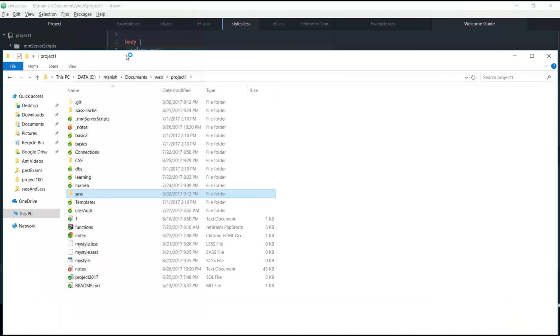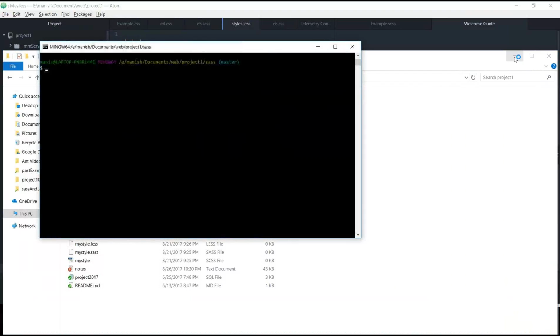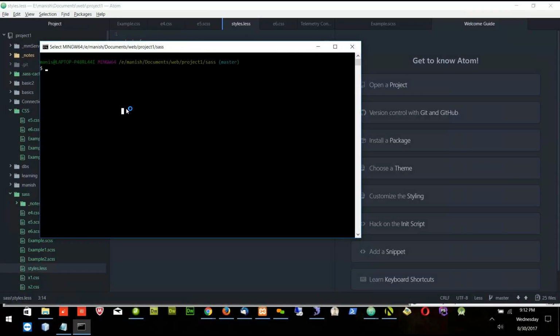Maybe I can use git bash here. I can use it in git bash also. It's okay, one and the same thing. Let's see if less is there. Yeah, less is there. So now what I will do, I will run the command lessc